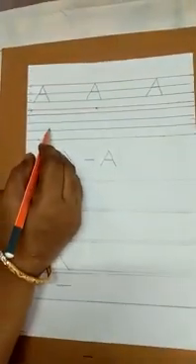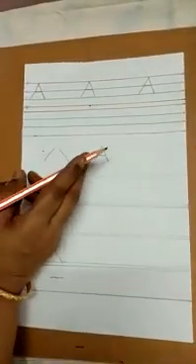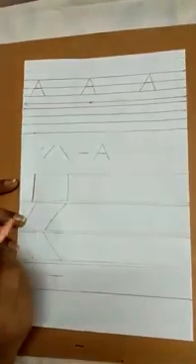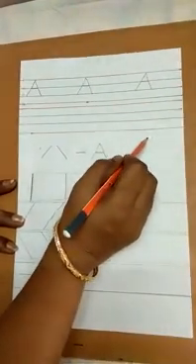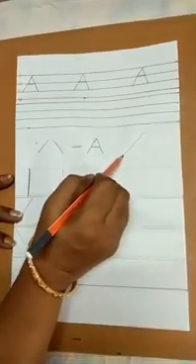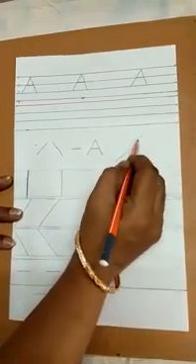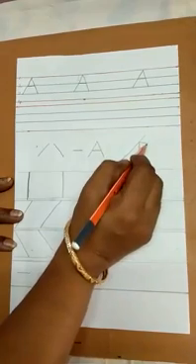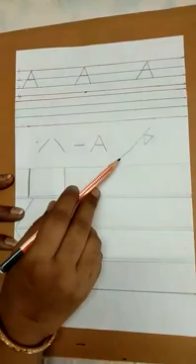Now let's see how we can draw A. There are many pictures related to A. You must have learned now A for aeroplane. Now from that we will be doing very easy step of A for axe. How to draw axe? Slanting line. You have to make a slanting line first. Then one small triangle on top. Slanting line, opposite slanting line, and then join this two slanting line with a standing line. This is called axe. A for axe. Say A for axe.